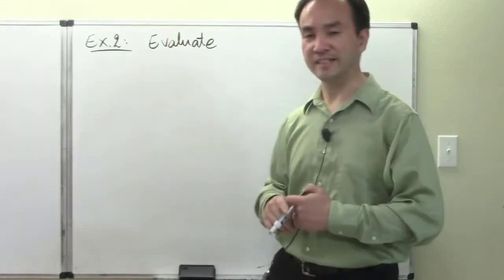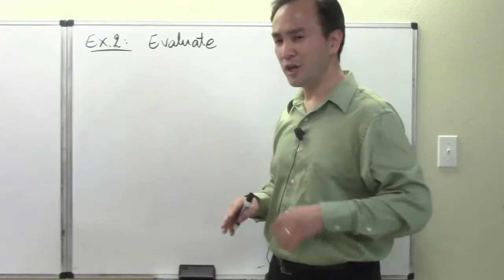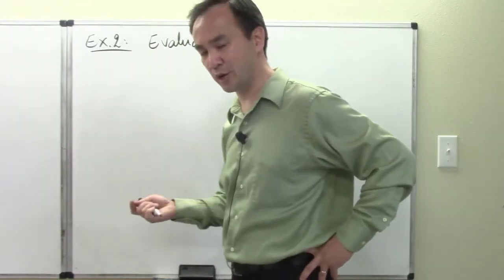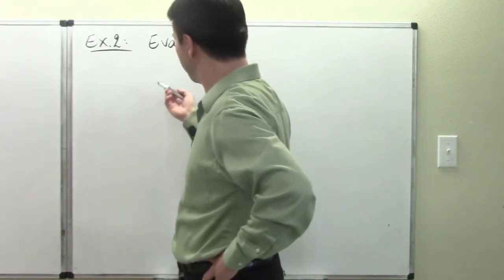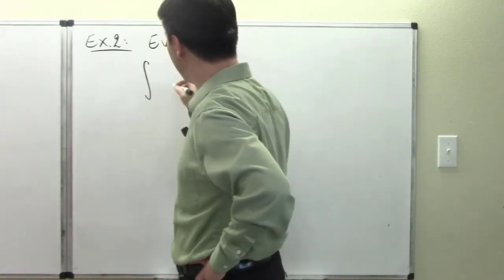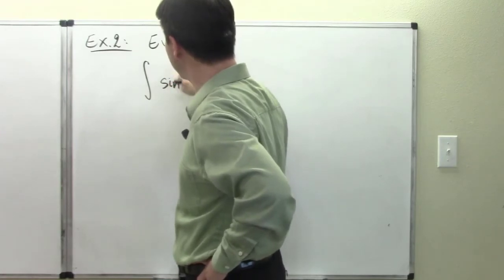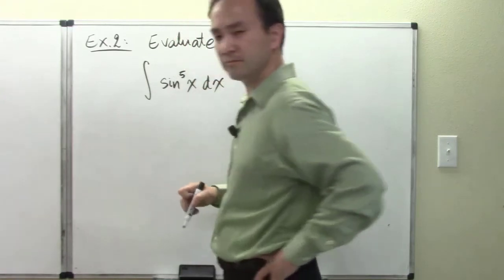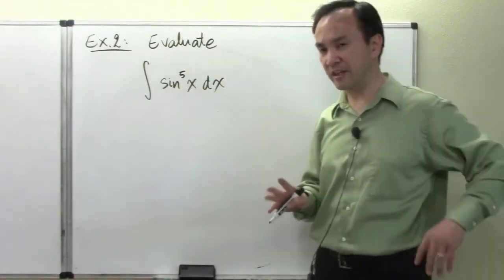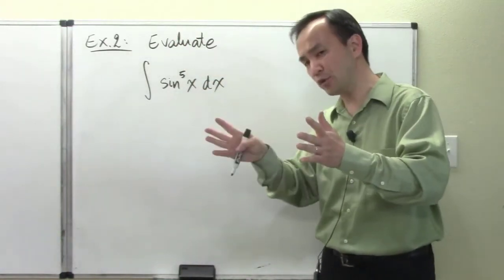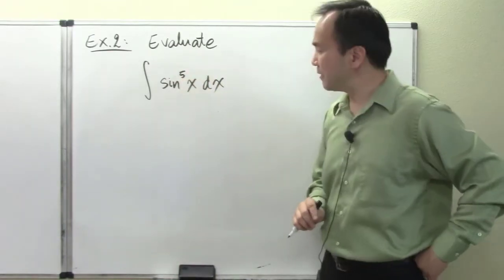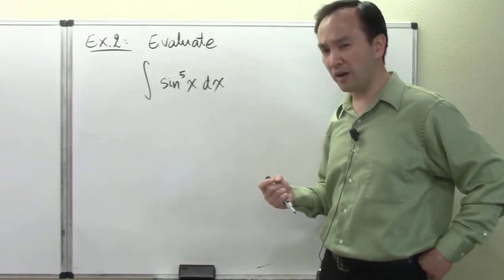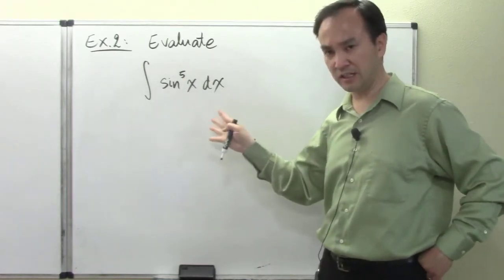And now let's look at example 2 here. We are going to evaluate another trig integral. How about the integral of sine to the 5th of x dx? It's another function in that family, a power of either sine or cosine, and it's an integral problem. Just like what I explained after example 1, yes, definitely the reduction formula will